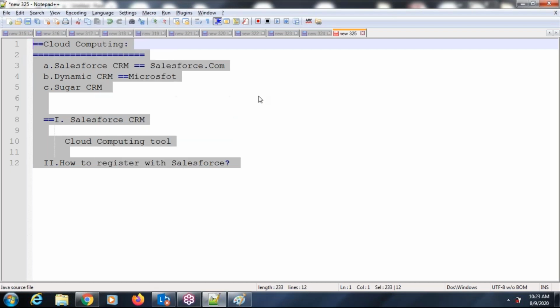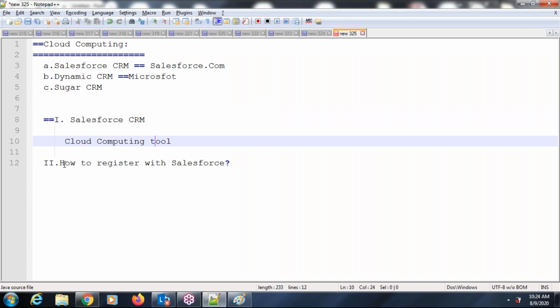Basically, as a general concept, suppose I'm developing an application. Why would I develop it? Either I use that application for myself, or I sell it. In the same way, Salesforce also developed this application, and Salesforce sells this application for money.